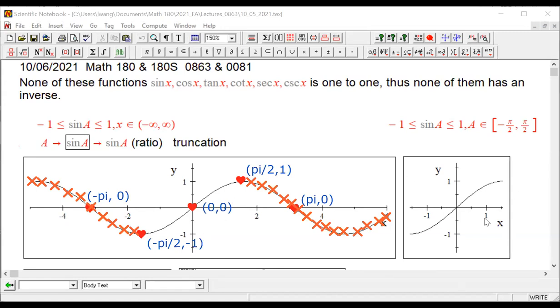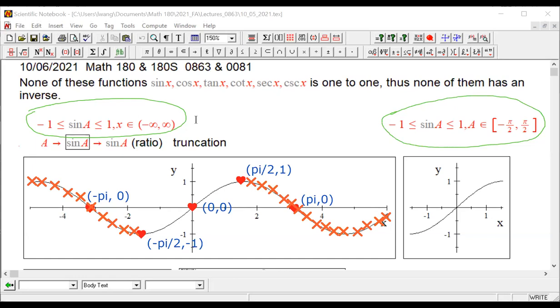This piece, okay, this piece is still between -1 and 1, right? Range-wise, but domain has been severely truncated. Therefore, we say these two functions, okay? These two functions, that function and that function,